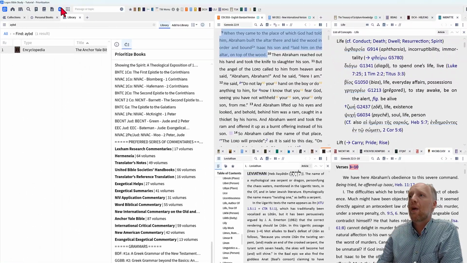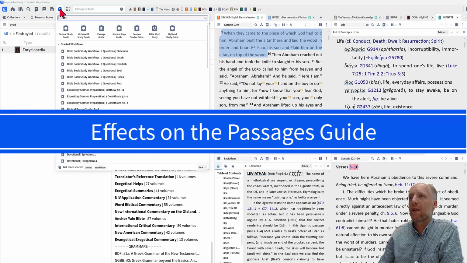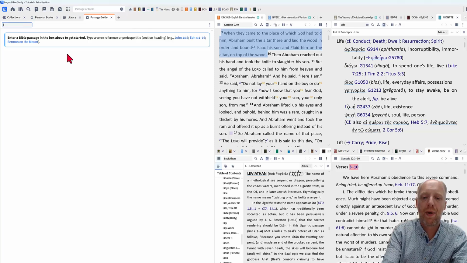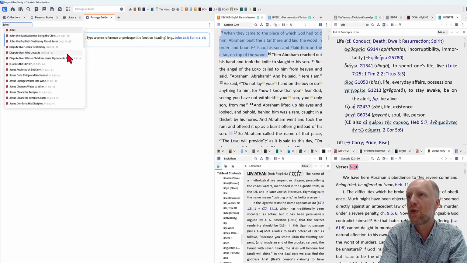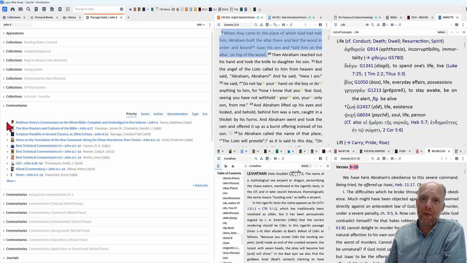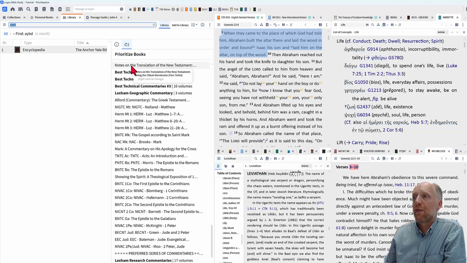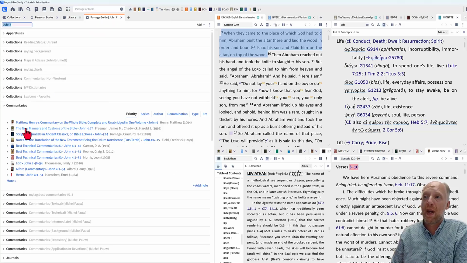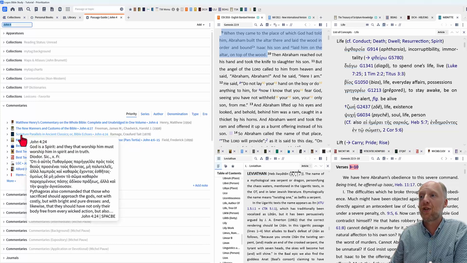And in the same way, also your passage guide is affected in the same way by your prioritization tool. So here let's open up John 4, the passage guide on John 4, for example. And here you see that my passage guide perfectly follows my prioritization list on John. Notes on the translation of the New Testament, best technical commentaries number 1, best number 2, best number 3, Lexham Geographic, and Alford. So first is Matthew Henry, Newton Manners and Customs, but then you see scripture parallels in the ancient classics, which was